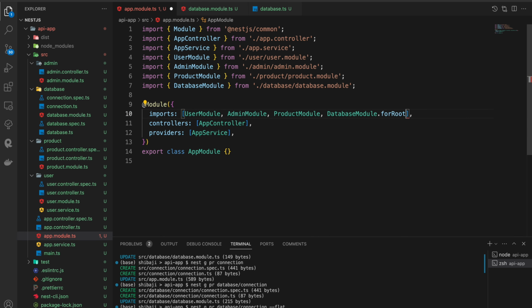Mainly we can use forRoot, and in this forRoot we can pass many entities data this way, because entities basically represent the table object. Okay, so that table object class is passed as entities, and that entity is connecting and working with the database CRUD operations. So this is the integration process, but